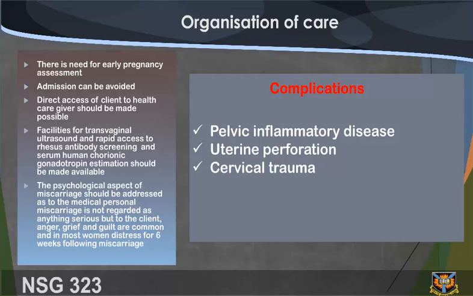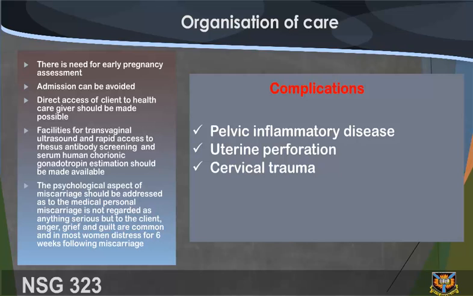There is need for early pregnancy assessment. Admission can be avoided. Direct access of client to healthcare giver should be made possible. Facilities for transvaginal ultrasound and rapid access to rhesus antibody screening and serum human chorionic gonadotropin estimation should be made